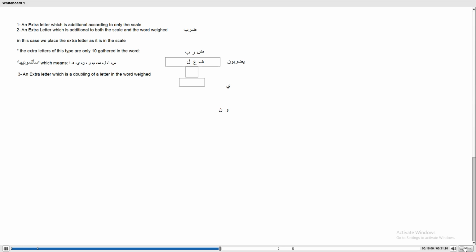Doubling. Okay? Now, what does that mean? That means if I wish to double a letter in the word Wade,